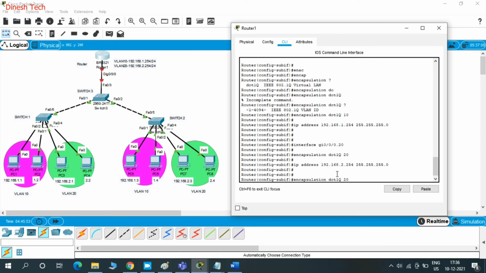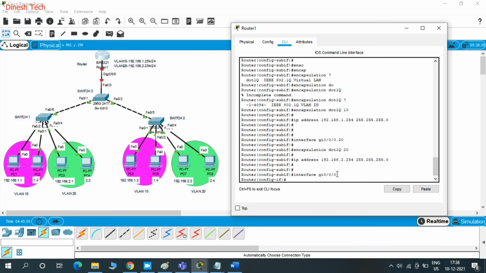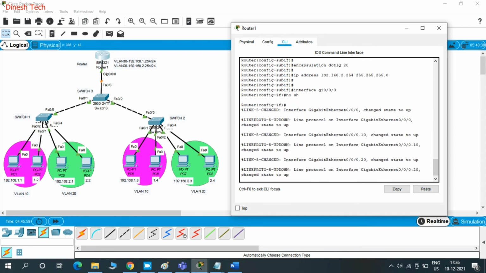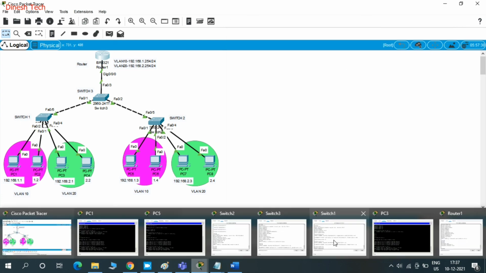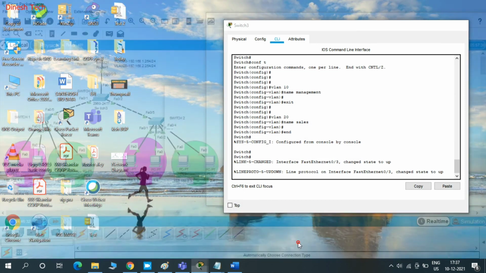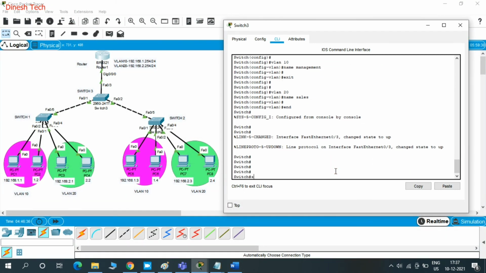That's why we have to give no shut now. We'll give no shut on the physical interface. See, after giving no shut on the physical interface, both sub interfaces came up. We have configured the router.